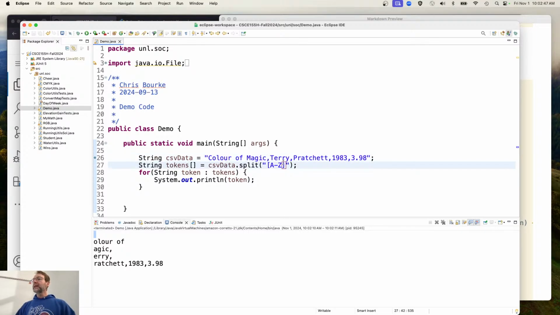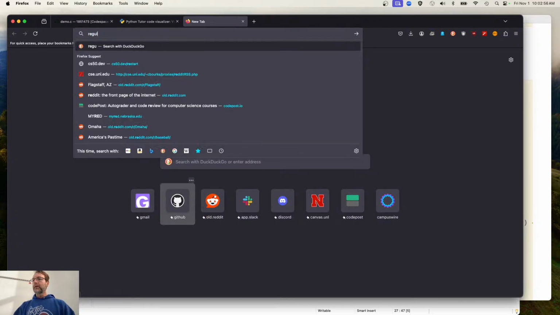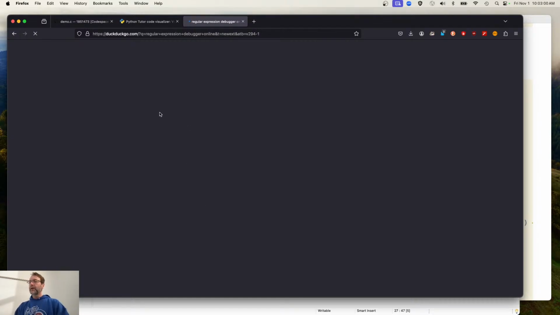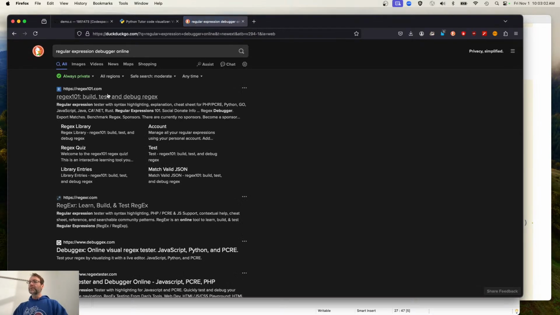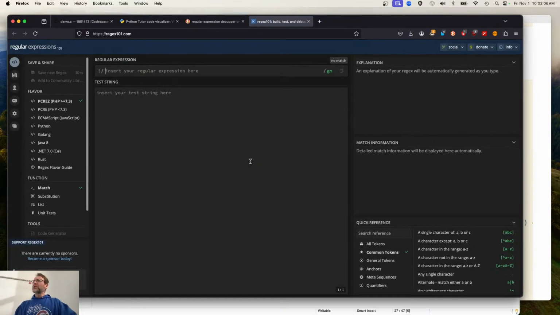Now, what the heck is this thing, and why is it so powerful? That is a regular expression. In fact, let's go over here to a regular expression debugger online. I forget what it was. regex101 is what I was thinking of there. Regular expressions, have we talked about that before? I think I've hinted at it before, maybe not. I forget. But anyway,